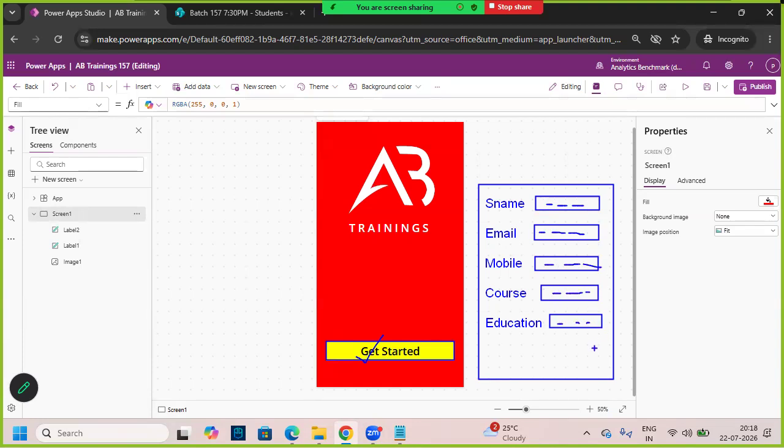Once after entering the data, now I want to store this data in the SharePoint. To store the data, I'll keep one button here called Submit. Whenever the user clicks on this button, whatever data is there in this form,